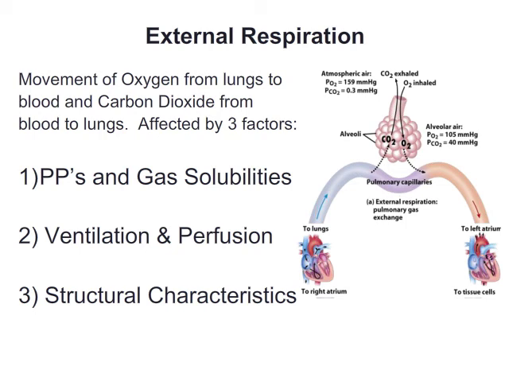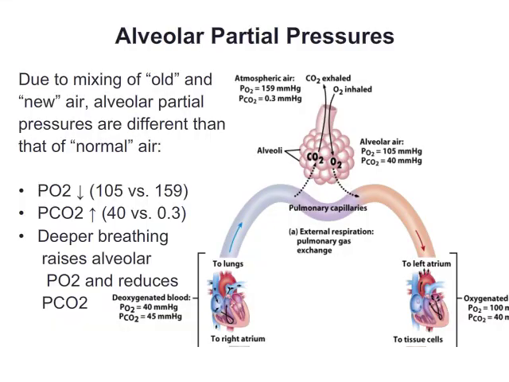And so the efficiency of external respiration is determined by three different factors: the partial pressures and gas solubility coefficients, something called ventilation perfusion coupling, and also the structural characteristics of the respiratory membrane. Okay, another factor that affects the efficiency of external respiration is the alveolar partial pressures of carbon dioxide and also